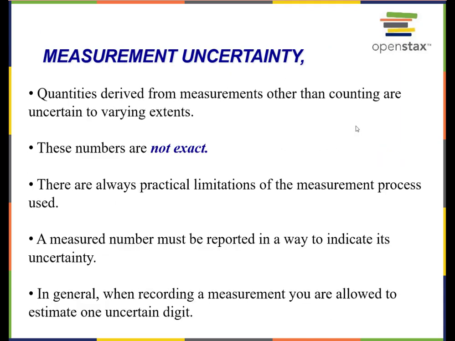So when you place an object on a balance, for example, and you get the mass of the object, even when you're weighing yourself at home, maybe you have one of those balances that has a needle, and you stand on the scale and the needle kind of sits between two numbers. You kind of have to guess where the needle sits. Is it on a 37, or is it on a 38, or is it 37.5? There's some amount of uncertainty in that measurement.